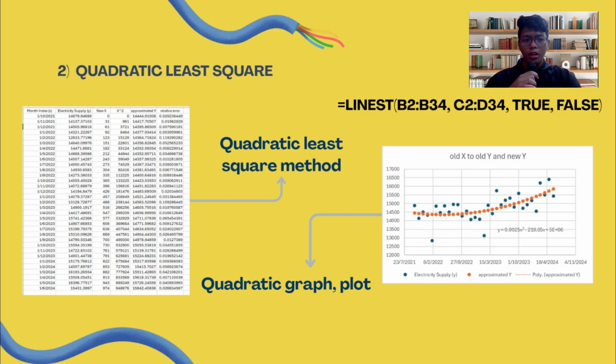For the next slide, a quartic degree 4 least square. This slide shows the application of the degree 4 least square method. In this method, we use a 4th degree polynomial to fit the electricity consumption data. The table displays the calculated values of x squared, x cubed, and x to the power of 4, which are used in the least square calculation. Using these values, the polynomial coefficients are determined to obtain